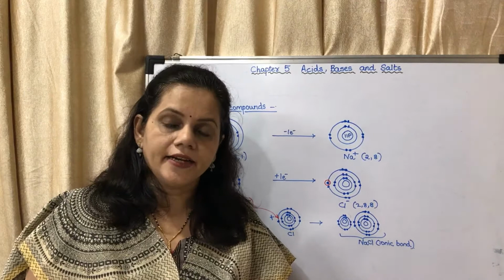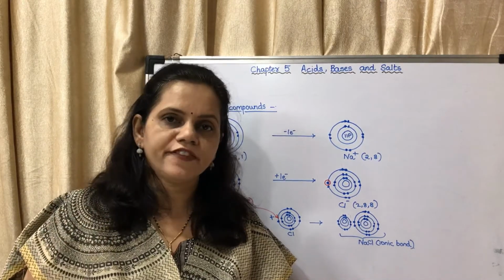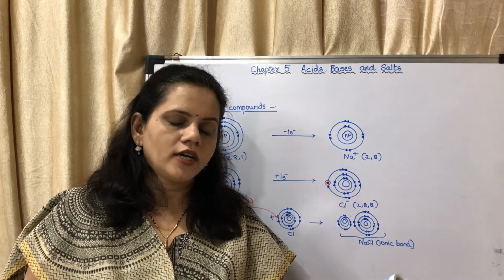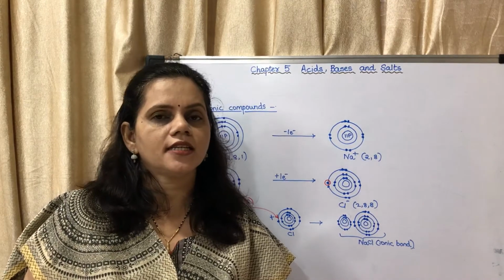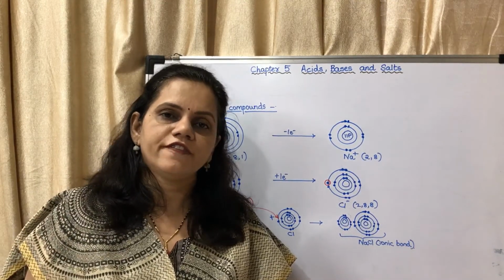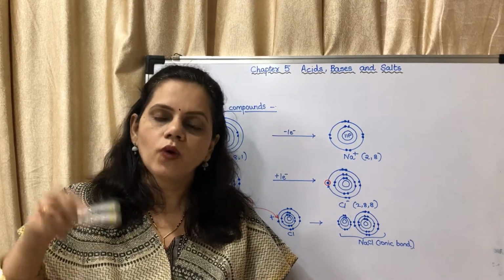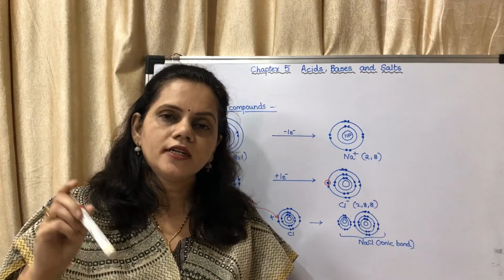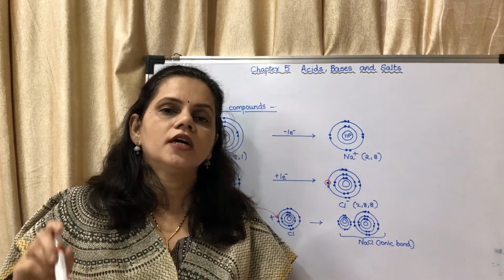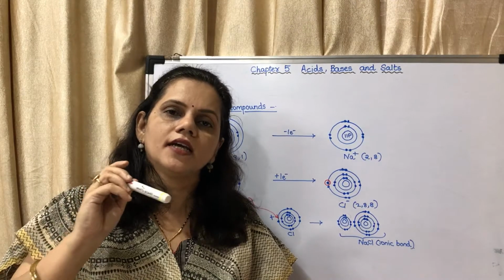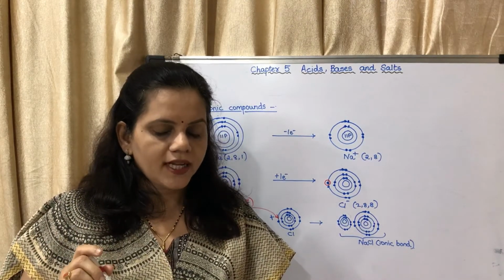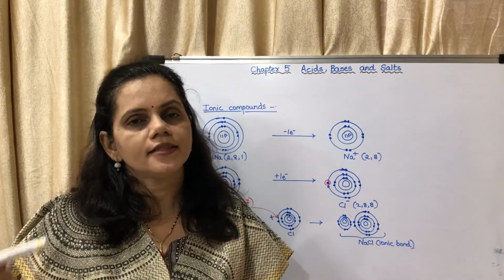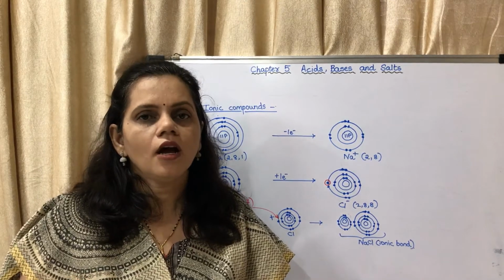Water and sand. Yes, you can see the two different phases separately. Water and sawdust. Again, you can see the two different phases separately. Now, why is this so? In water and salt, the salt dissolves in water. Whereas in case of water and sand, the sand does not dissolve in water.